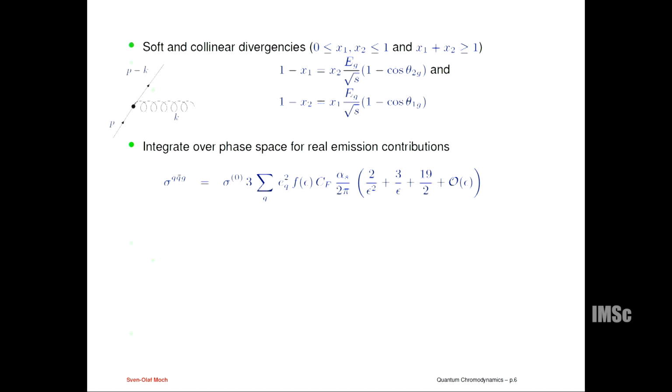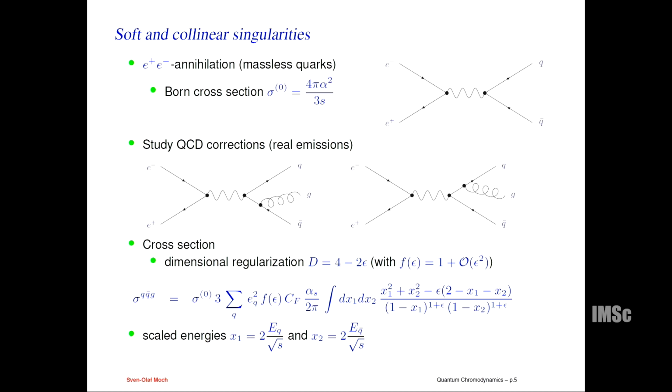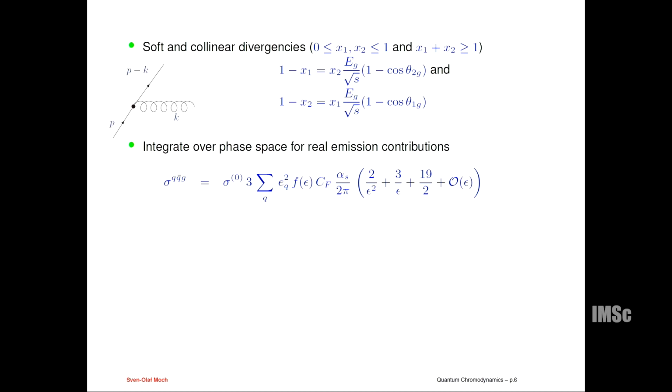And for computational efficiency, this is the easiest, because in this way I just have a polynomial over x1 and x2 and I can simply integrate. But in terms of explaining the underlying physics, it's more advantageous to talk to you in terms of the gluon energies and the angles that are involved. We'll come back to that later, again in a different formulation. So it's good to look at it from all sides.